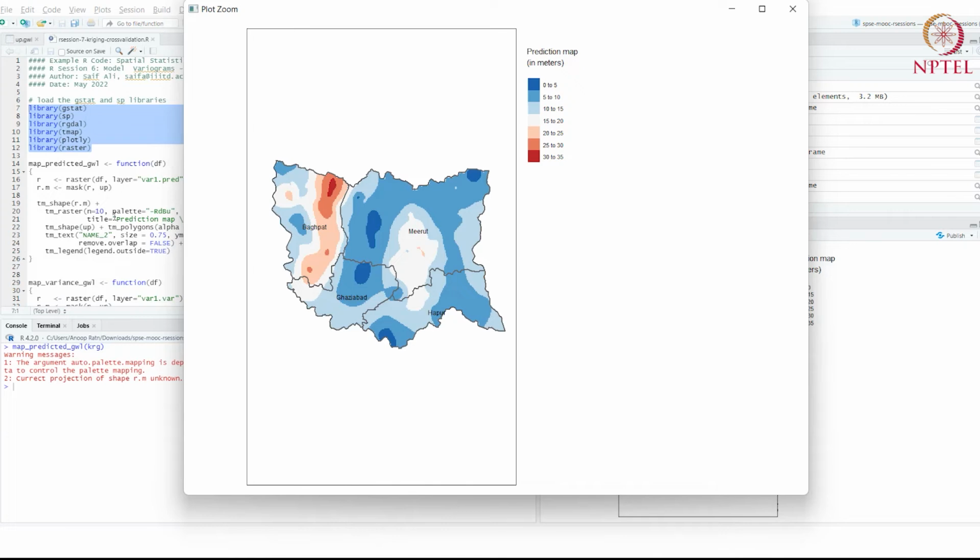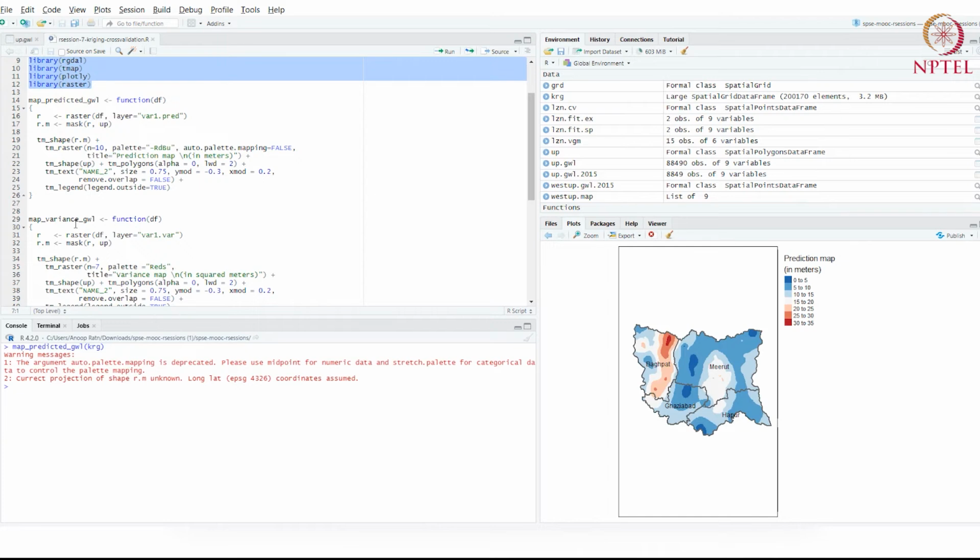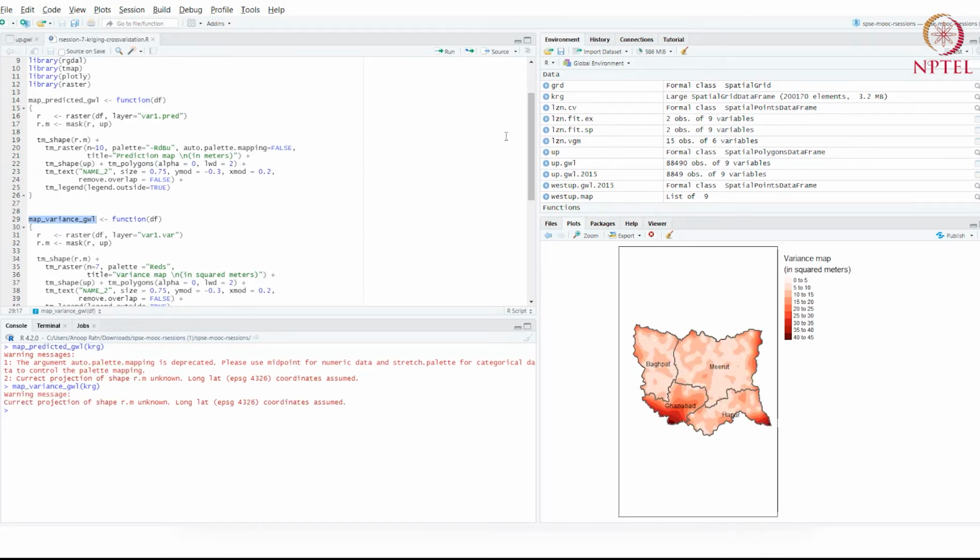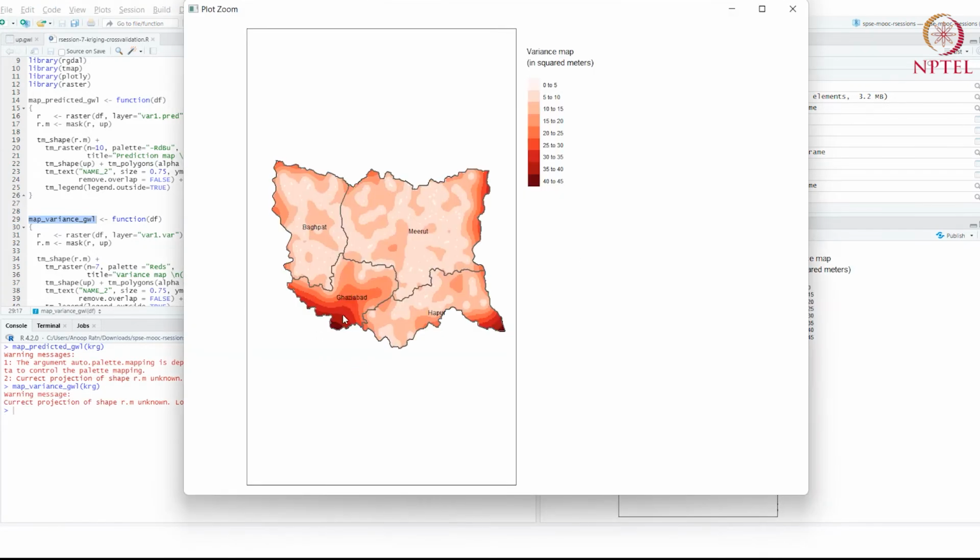Now, this is a statistical prediction done using the Kriging estimator, so typically we expect to have a variance value for every one of these predictions. We need to know how confident we can be of this prediction. So we can also map the variance of each prediction, and we're using the same object. This is a map of variance.